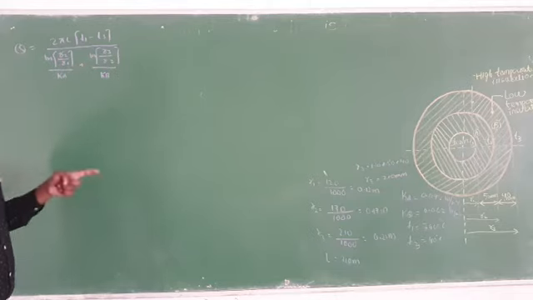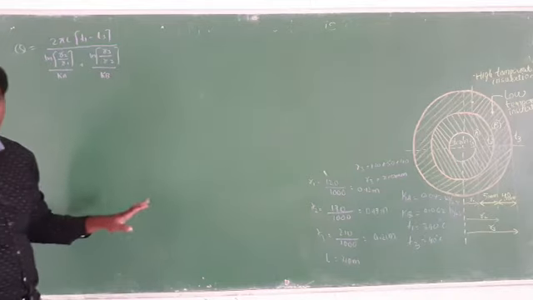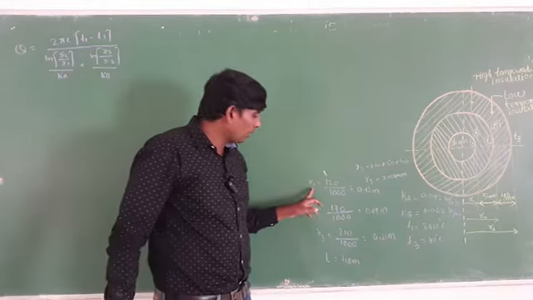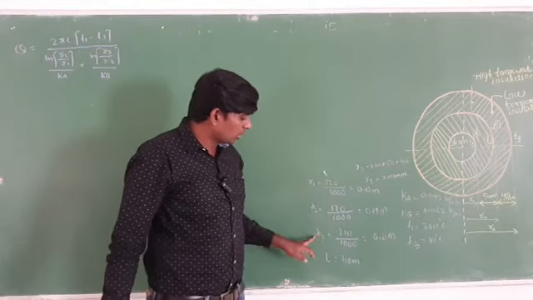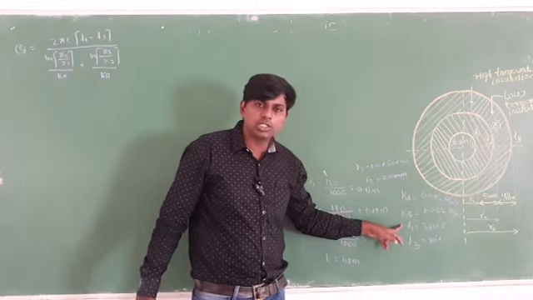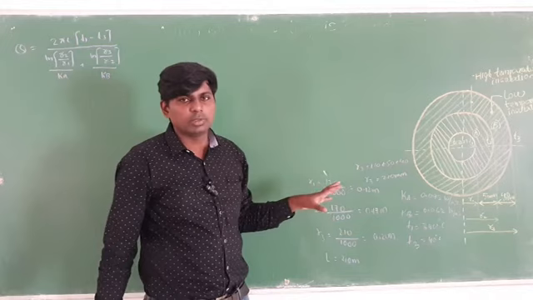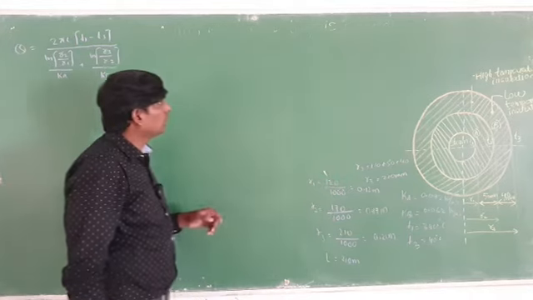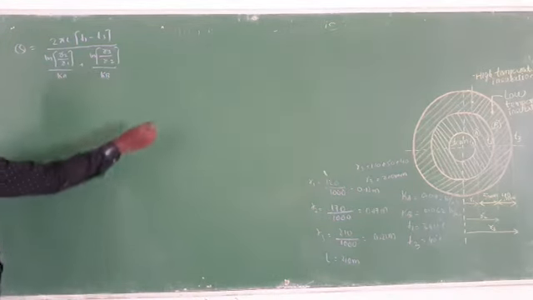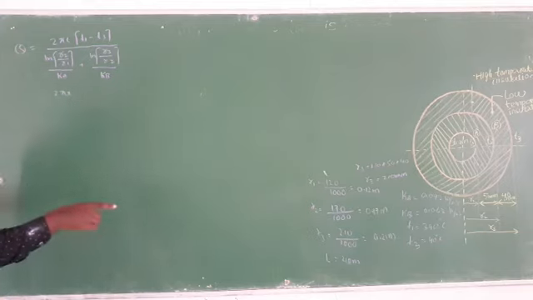As I know the values of R1, R2, R3 as well as Ka, Kb, I wrote the values. R1 I got, R2 I got, R3 I got, length I got, Ka is there, Kb is there, and initial and final temperatures are there. Everything data with me only, so I need to substitute that. Here 2 pi L, in place of length. Length is already given in meters, so no need to convert that.